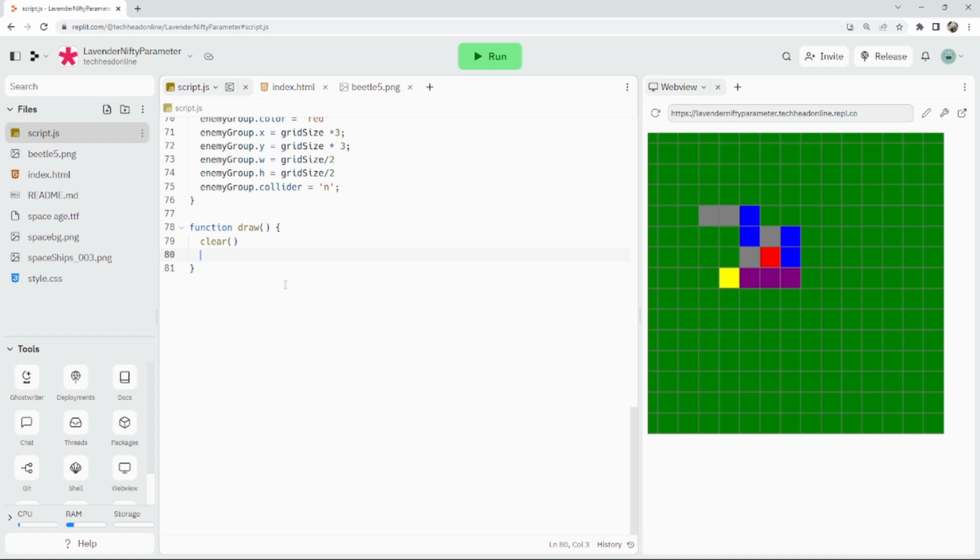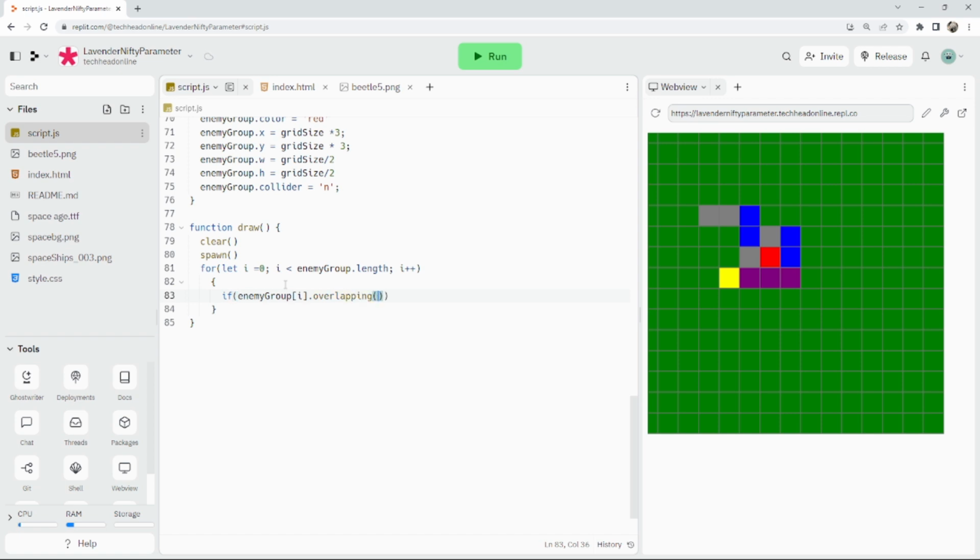So now what I want to do is start spawning our dudes. So I'm going to make a function called spawn, which we'll fill in later on. And then what I want to do is add in some movement. So for let i equals 0, i is less than enemy group dot length, i plus plus, like that. And what I'm going to do is a big if statement. So I'm going to say if enemy group i dot overlapping